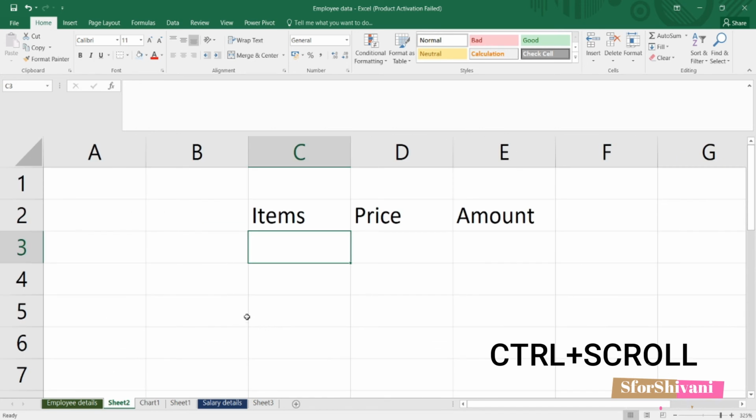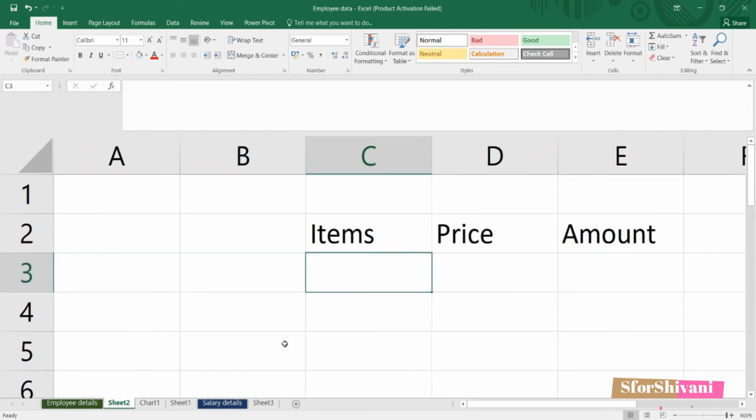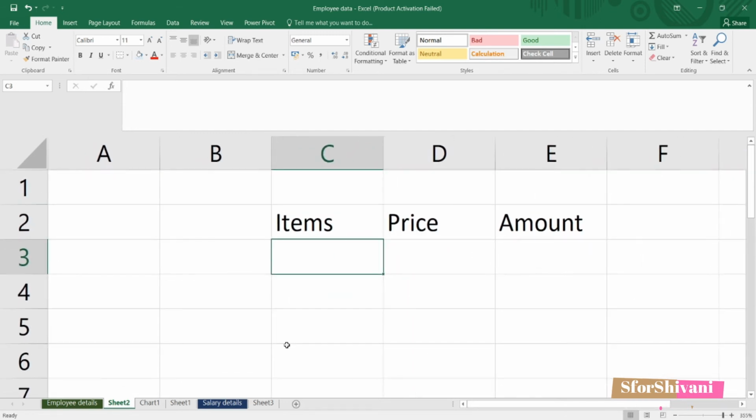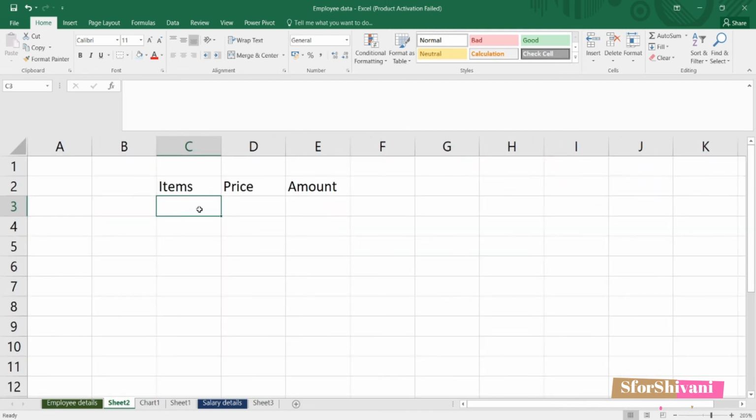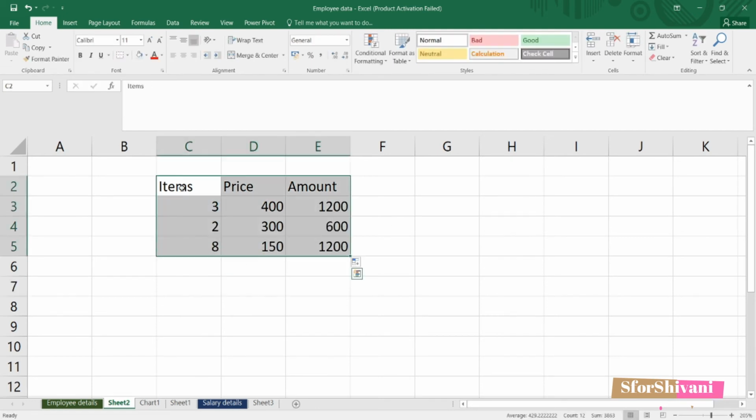So to zoom in, I am pressing the Control key and scrolling upwards. To zoom out, press the Control key and scroll the wheel backwards. So let's say 3. I select this. To give a nice border to this, I press Control, Shift and the border is there.